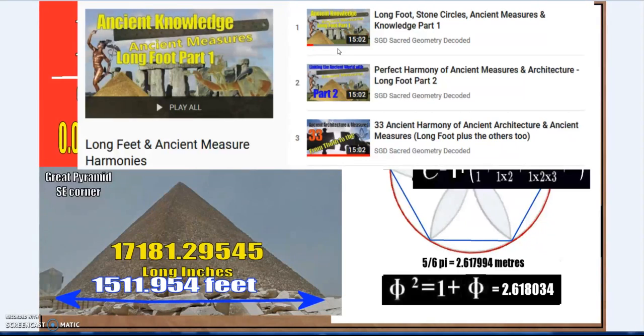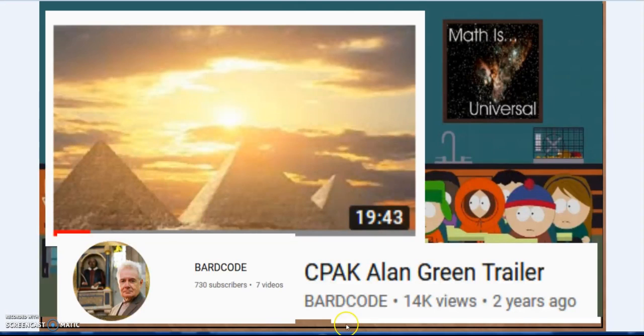This is what's happening. Multiple sets of allegedly unconnected ancient measure, these unconnected civilizations in their architecture including the same ratios, and it just so happens that their units of measure link geometrically, mathematically, astronomically together. The level of probability is infinity minus 1 that these just happen to fall on these perfection, and even the margins of error containing higher levels of information. Just really extraordinary stuff. In regards to mathematical constants, I'll also link this in the trailer, CPAK Alan Green trailer,